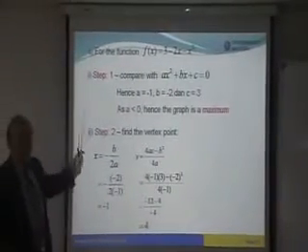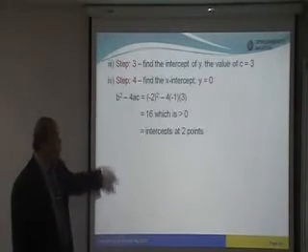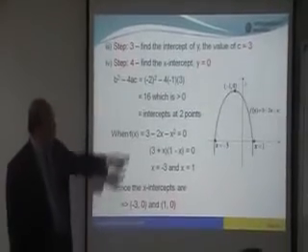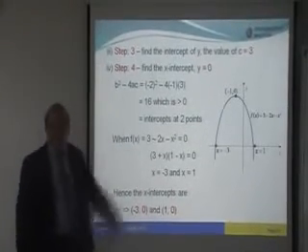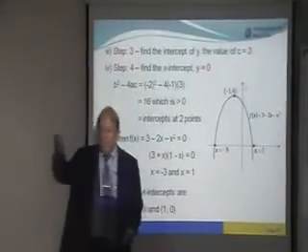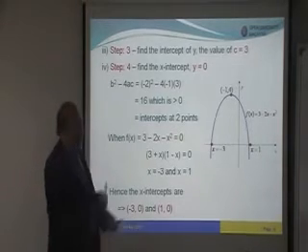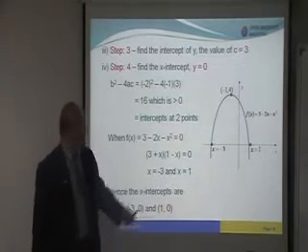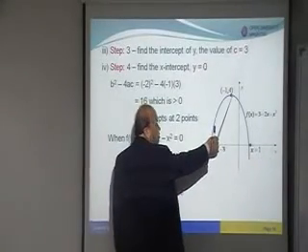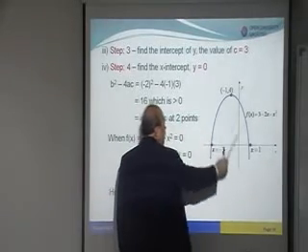Okay, so with these two, actually you can sketch the curve. You don't have to do all this. This can be skipped, no need to waste time with this. Go straight to the curve. Straight away you know the curve is maximum. Just now, you know the vertex is what? We found negative 1, 4 is the vertex. So you go and mark negative 1, 4. Negative 1 is here, 4 is here. So this is the point, this is the maximum point. So you just draw the curve like this, maximum.